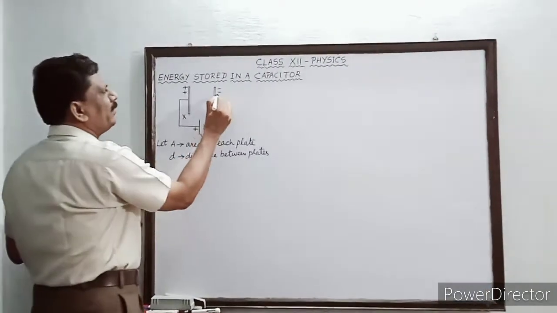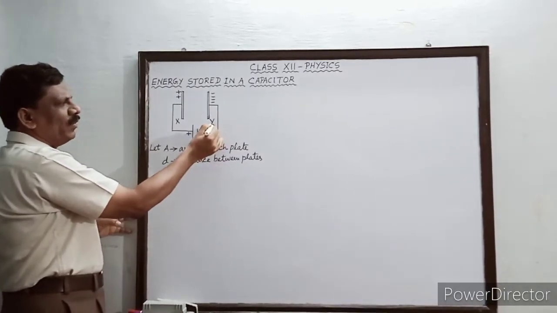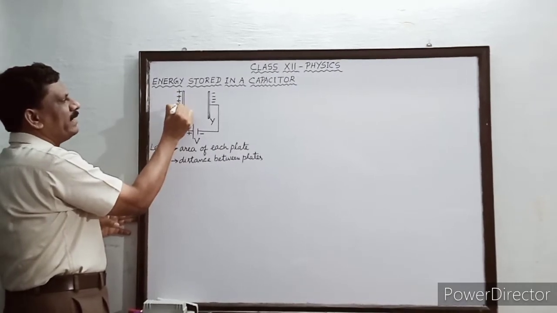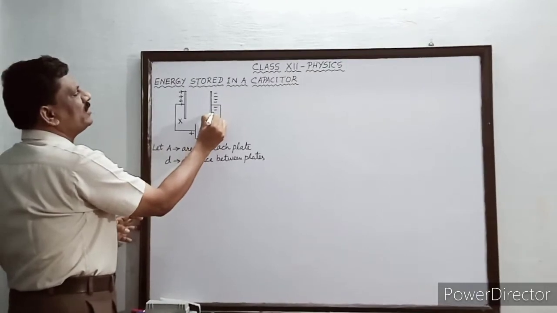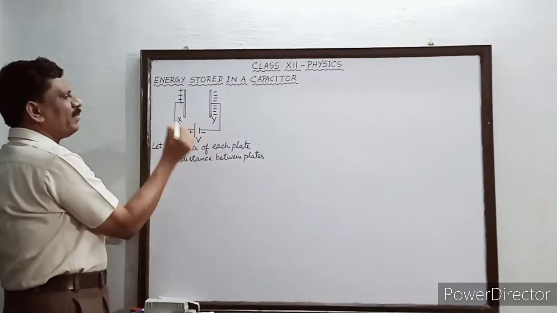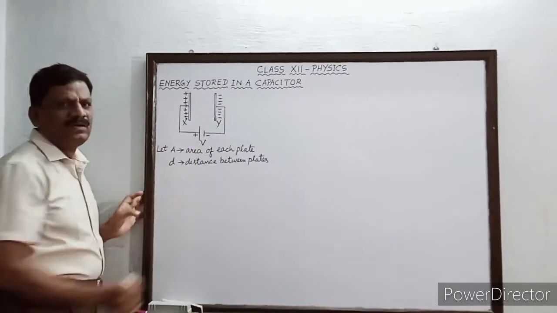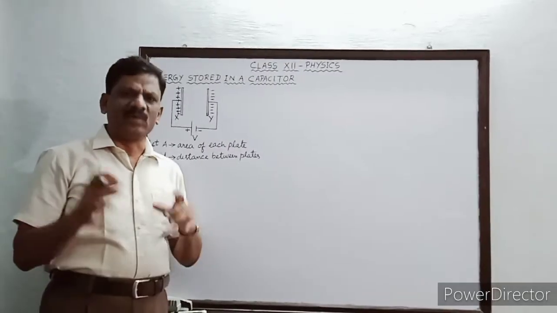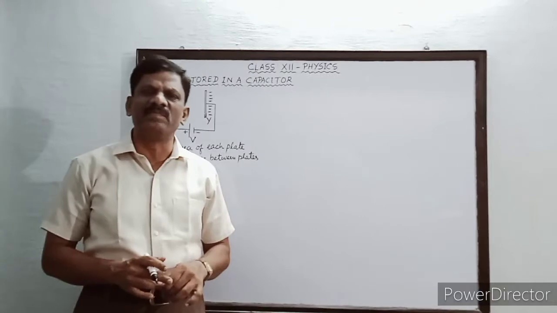After some more time, a little more negative charge will be occupying plate Y and positive charge equally will be occupying plate X. Then after some time, a little more negative charge will reach plate Y, and as a result plate X will gain positive charge. So how long will this happen? Till the potential difference between the plates is equal to the applied potential difference of the battery.